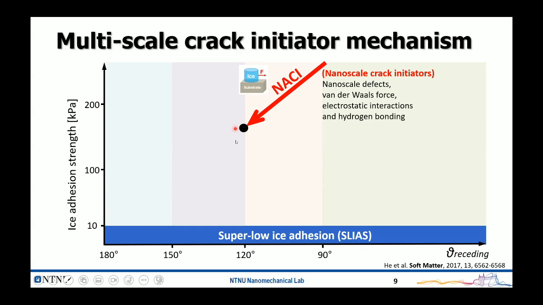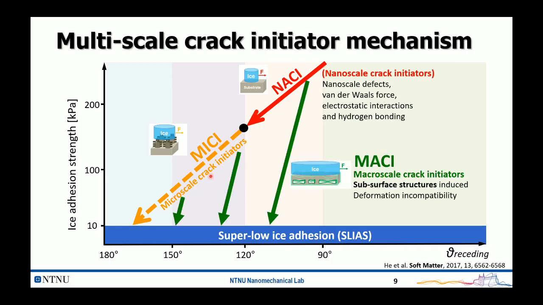If we want to further reduce ice adhesion, we have to introduce the macro structuring. So we call it a microscale crack initiator, in short MISI. And the problem is that the NASI and MISI have to work together, and they have a linear correlation to reduce ice adhesion. But think about that, if you have an oil platform with the runway for the helicopter, and it's probably 150 meters long, how can you do this NASI and MISI on those surfaces? So we definitely need a new strategy to reduce the ice adhesion, and we hope that we can reduce it from any point along this curve.